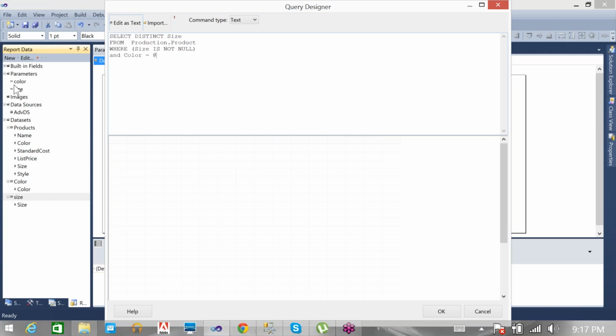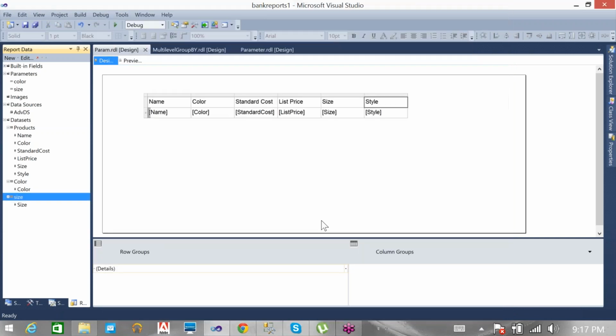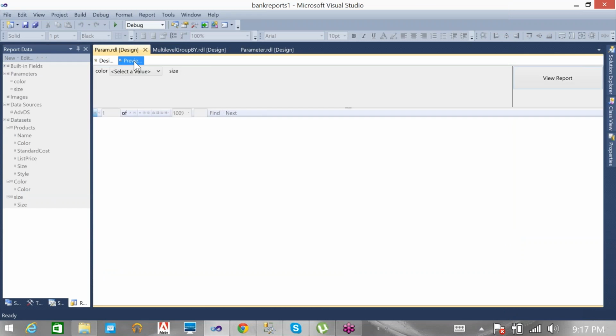At the rate, is it small or capital? Uppercase is also case sensitive. Color. If I'm not using the same parameter, then what will happen? It is going to create one more parameter. Then I don't need a third parameter. I need this parameter to be utilized in the size query. That's what I'm going to do. Simple, I'm doing that. Let me check what will happen.